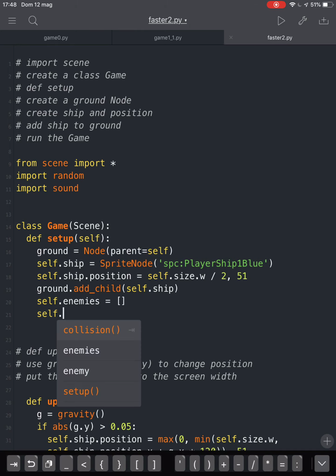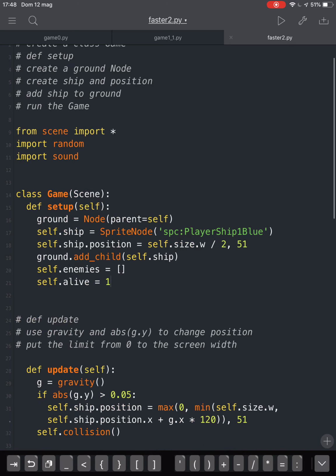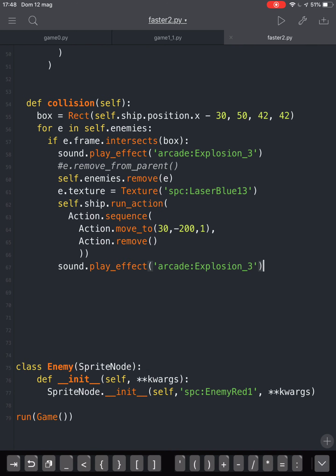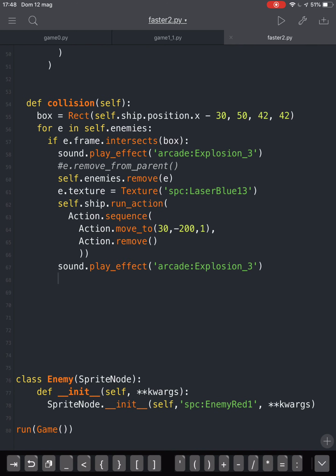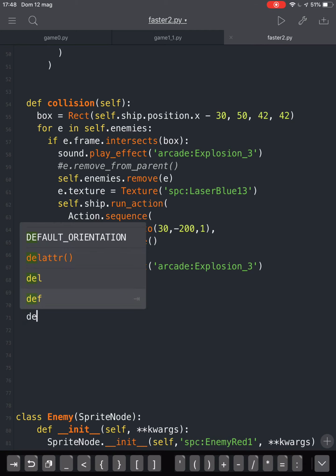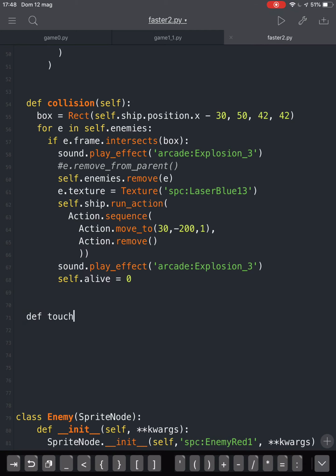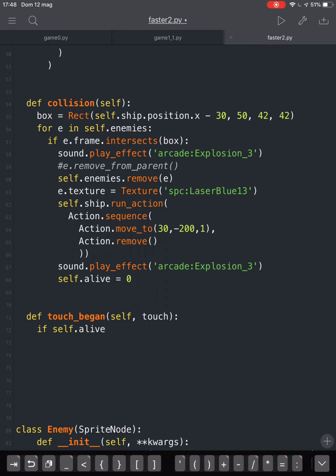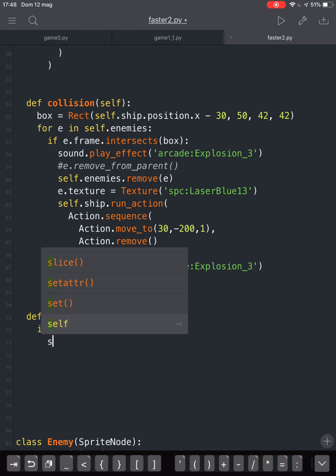So we have self.alive equal 1 to check if our ship is alive, and when it is hit by one alien, self.alive is equal 0. So let's define our touch_began function for the touch of the screen, with self and touch as parameters, and then if self.alive, as we have done, so if it's equal 1, we are going to